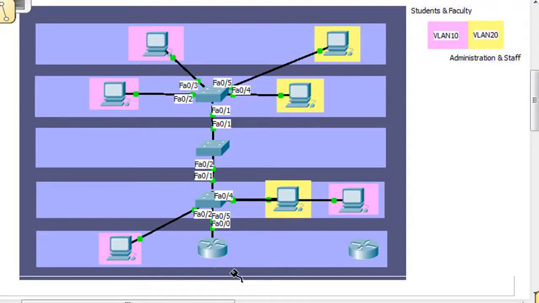We'll say serial 2 to serial 2, so there's our serial connection to the ISP, and then the ISP would, let's say, go to the internet, right? Let's see what devices we can attach to here. Serial, alright, that's fine. Okay, so there we go. So there is our network attached to our router, and then attached to an ISP, which is then attached to